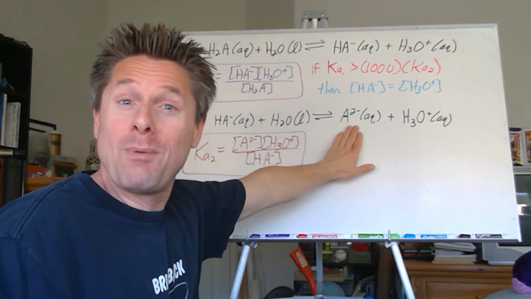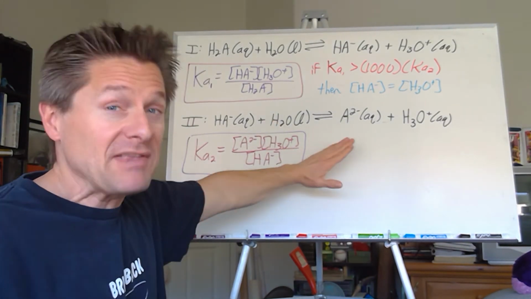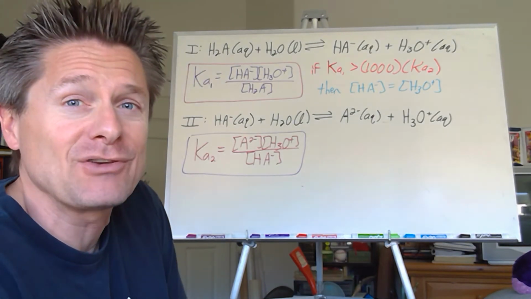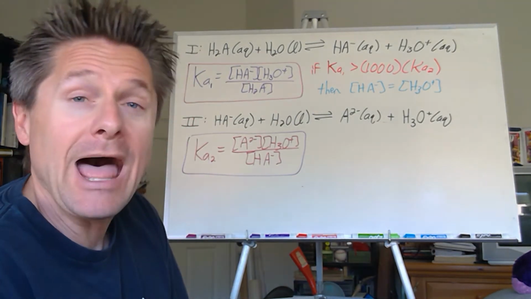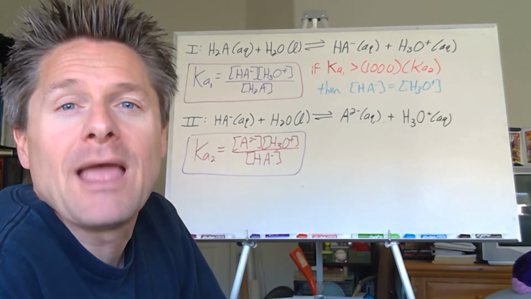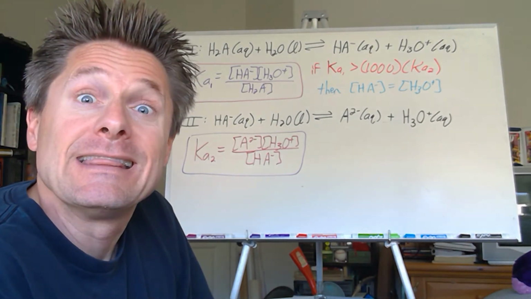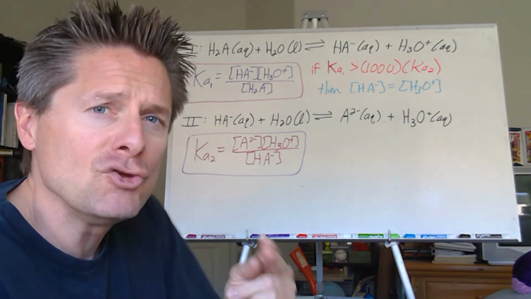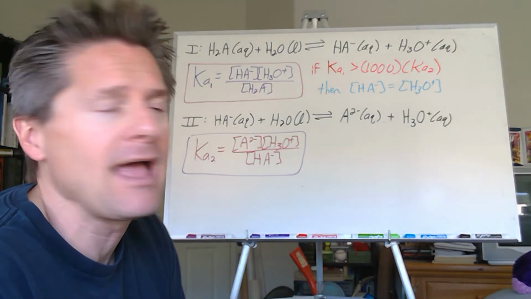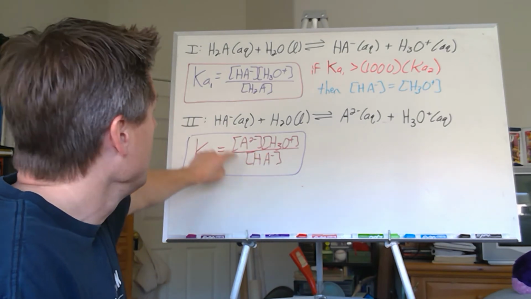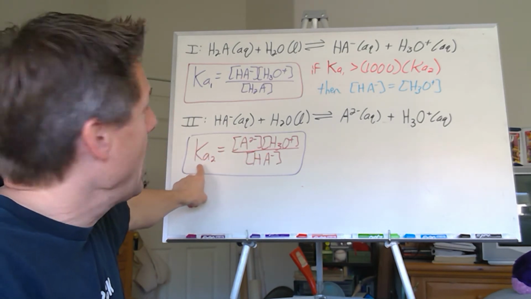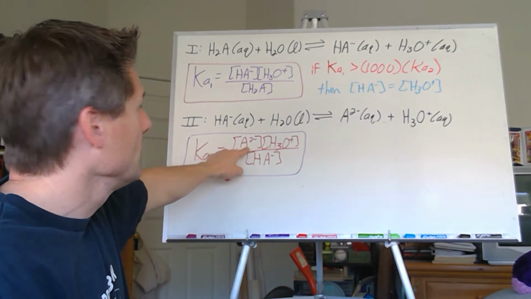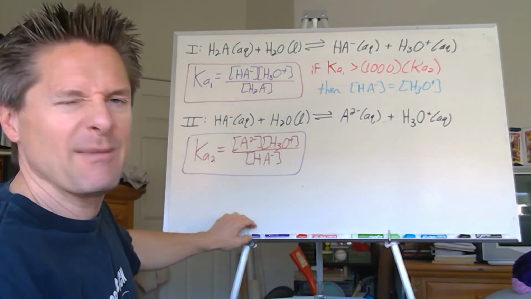But what about this species here? Remember, this step is happening. We're just assuming it's small. So how are we supposed to get the A2 minus concentration? Oh no! A lot of students on exams just skip that step because they forget this nice little, it's not a trick, but it just works out mathematically. You could set up an ICE table for the second step and plug in the values here and just solve for, because you know Ka2, right? We know HA minus, we know H3O plus, right? We're just solving for A2 minus, but you can skip the entire